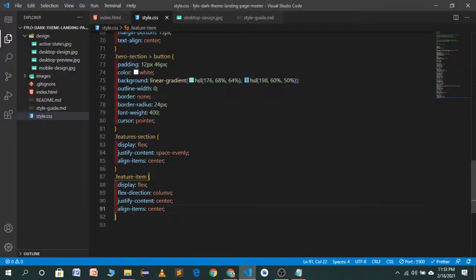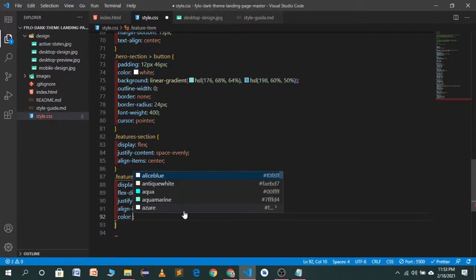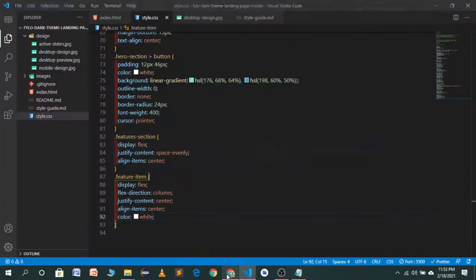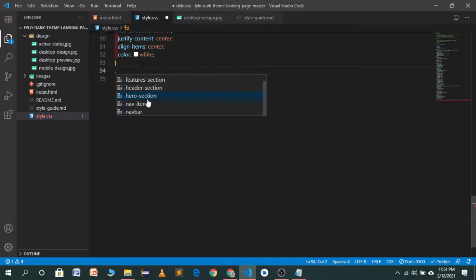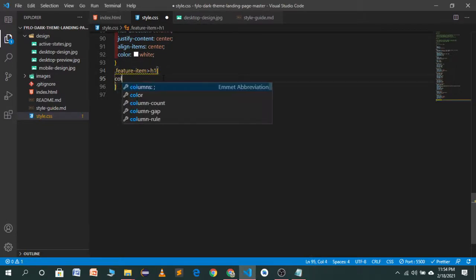Now let's give it a color of white, and now we have to target the heading and the paragraph. So let's target the heading in our feature item. Let's target h1 tag, not a 1, it will be h1, and we will give it a color. We have already given it a color.